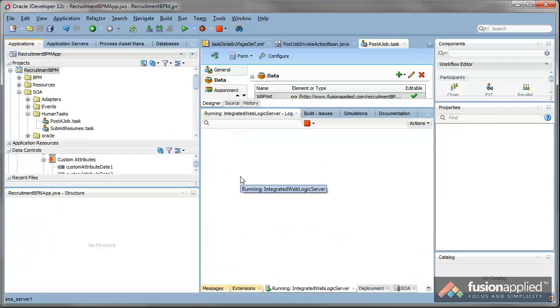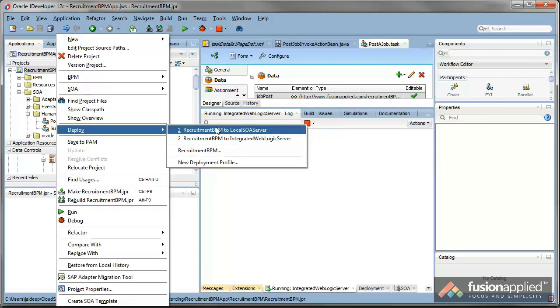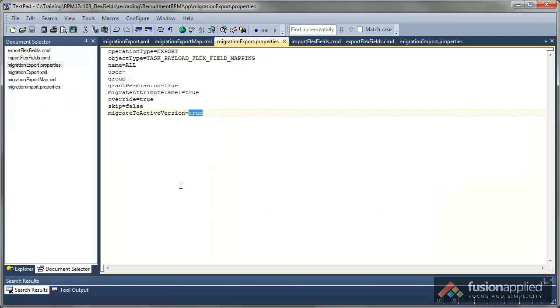Now that we've imported the attribute labels into the target environment, the next thing we have to do is to deploy the BPM project to the target environment. I'm going to do it from JDeveloper. Most likely, if you're moving it from test to production, you're going to be using Ant scripts. After deploying the BPM project to the target environment, the next thing we have to do is to export and